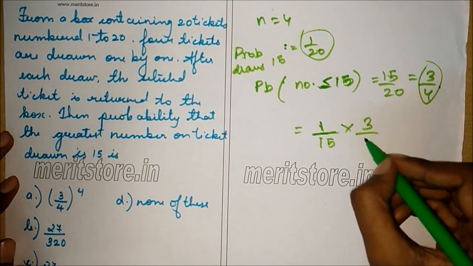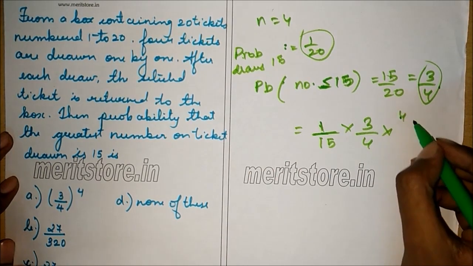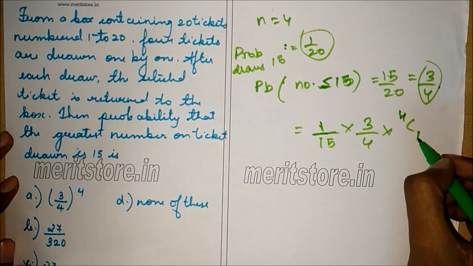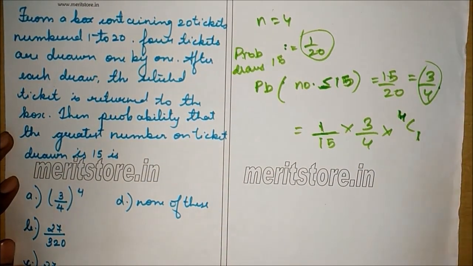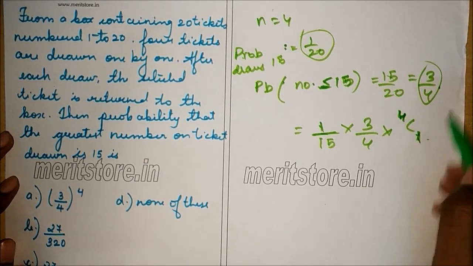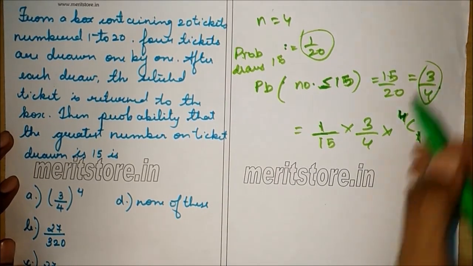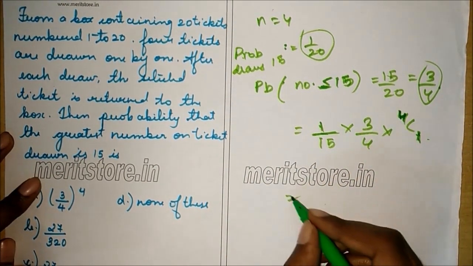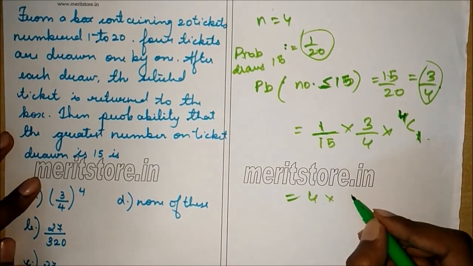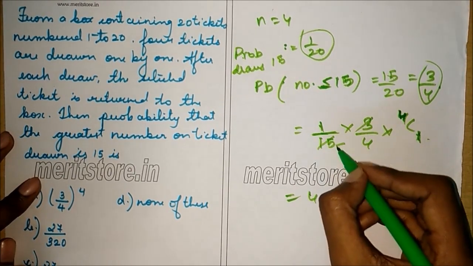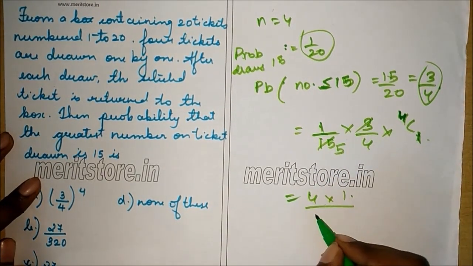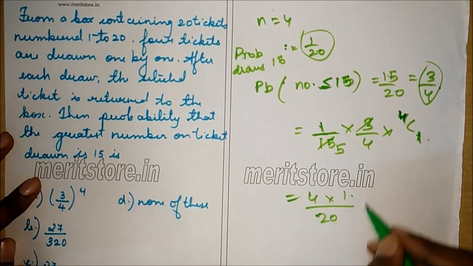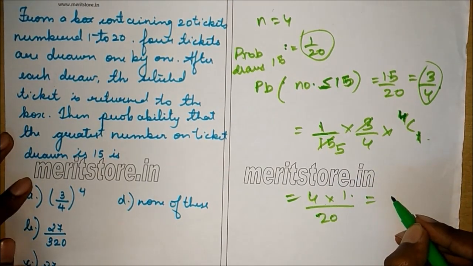So this will be into 3 by 4 into combination 4C1, since one ticket is drawn out of a group of 4. So the final probability is 4C1, which is 4, into 3 gets cancelled. So this will be 4 into 1 by 20, which is equal to